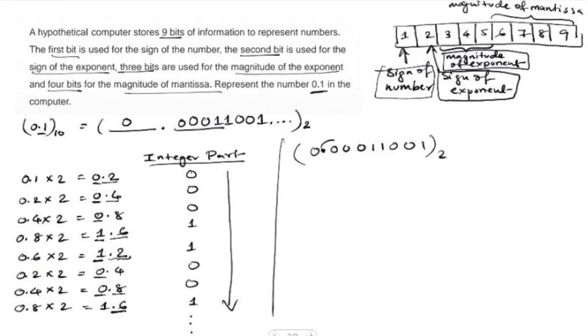So if we take it here, the number before the decimal will be 0. If we take it here, still it is a 0. If we take it here, still the number before the decimal is a 0. So we have to take it here, and then we see that the number before the decimal is now 1. It's a non-zero number, right? So then we are going to represent this in the floating point representation format. So here we have now 1.1001, right,